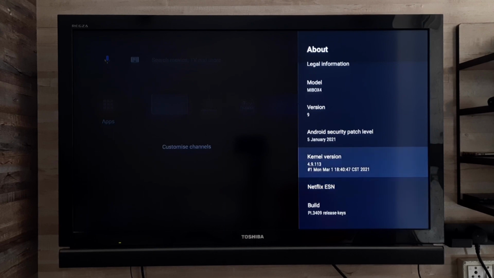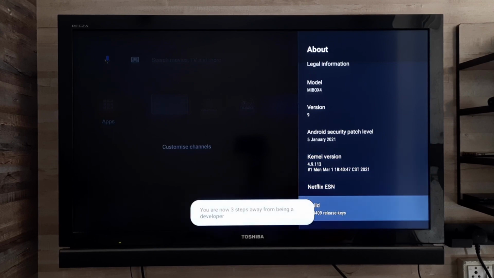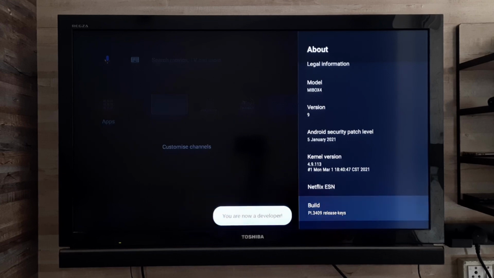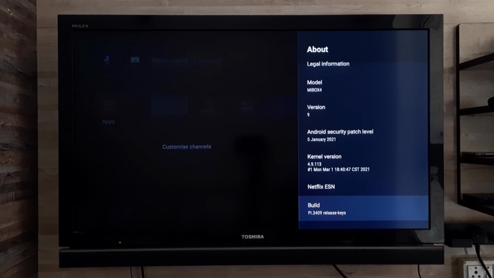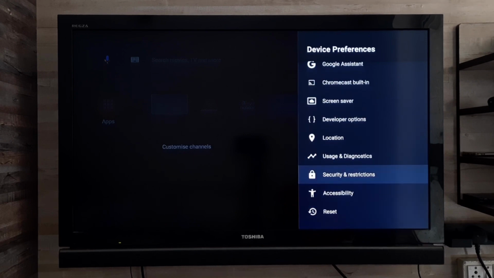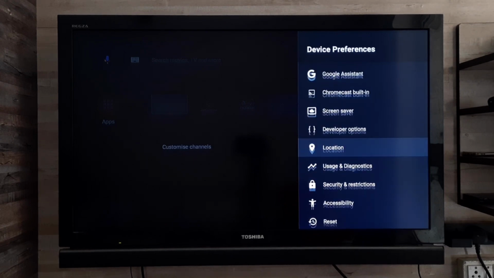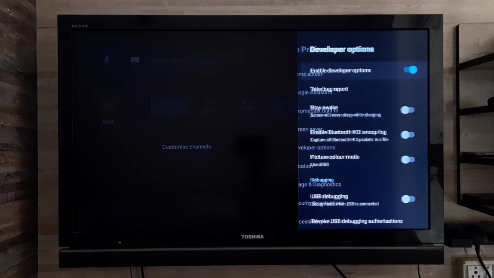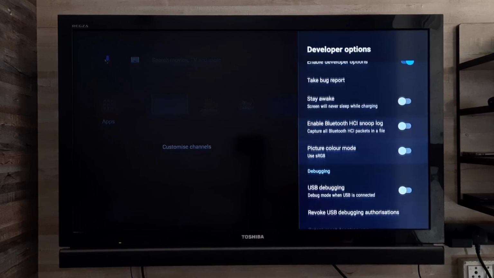Then you have to click here on build. You have to click for nearly 5 to 6 times, and then you will get one message, you are now a developer. Go back. Then you will get this option, developer options. Click here, go down.